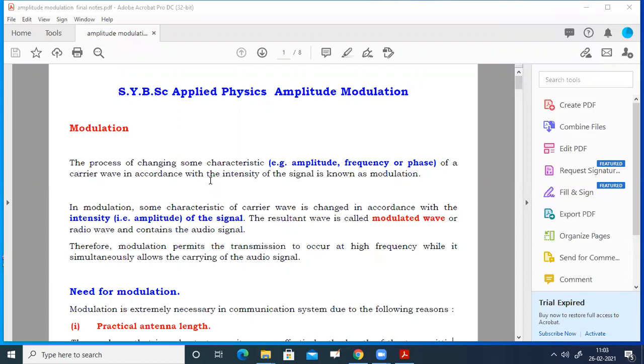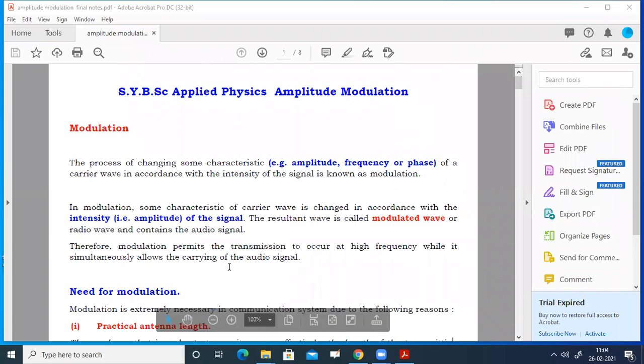Information means data, intelligence signal. Data may be audio, video, a combination of any of these, still photography, alphabets, numbers. Then change that parameter, like amplitude, frequency, or phase of the carrier, with respect to your information or data